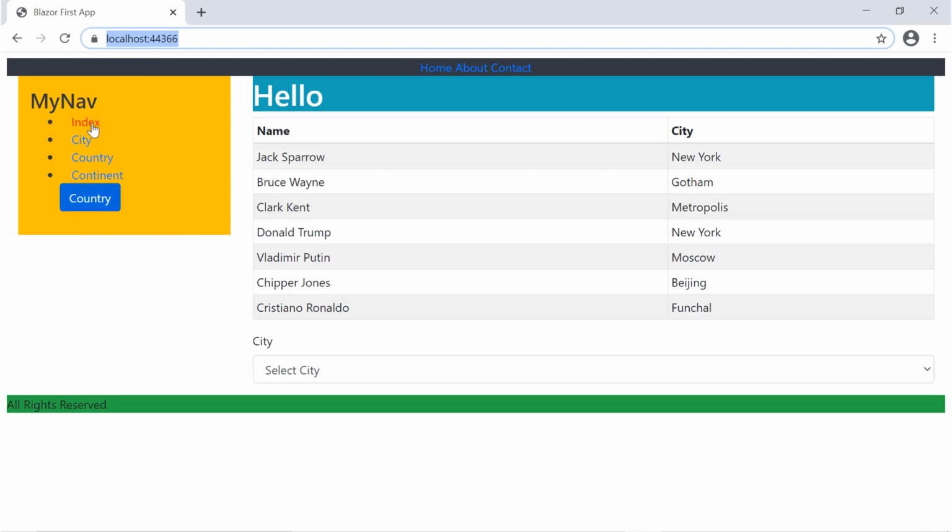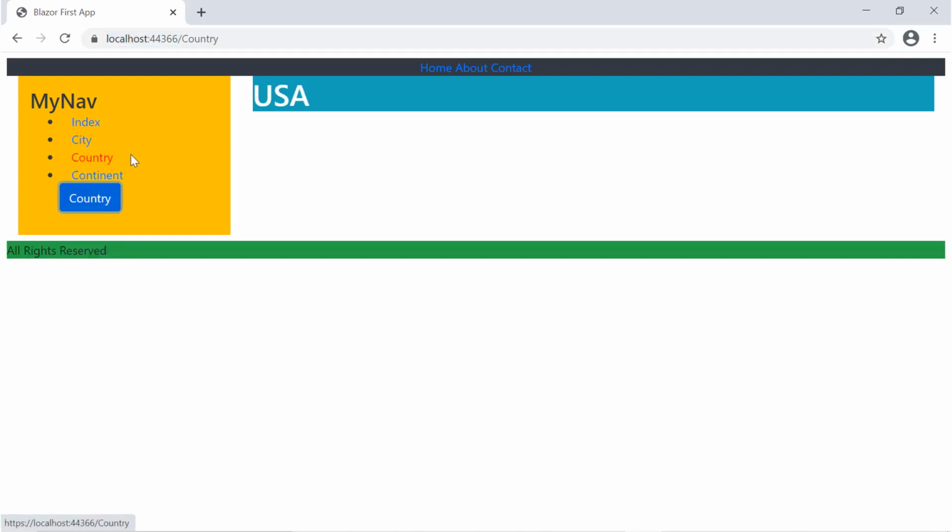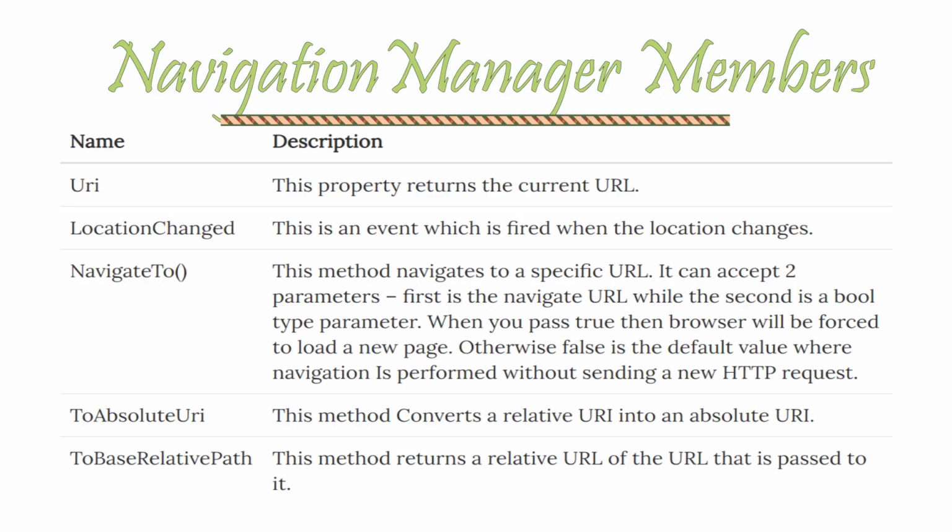So if you click it, you see you go to country, click and you got to country. Once again, from city, click country, USA. So it is very helpful in such situations. So let us now see the NavigationManager class members.